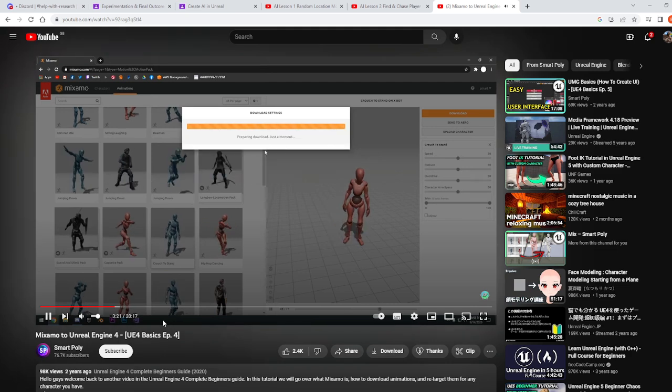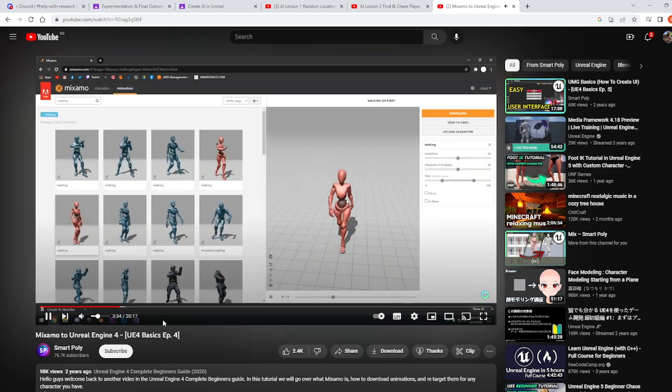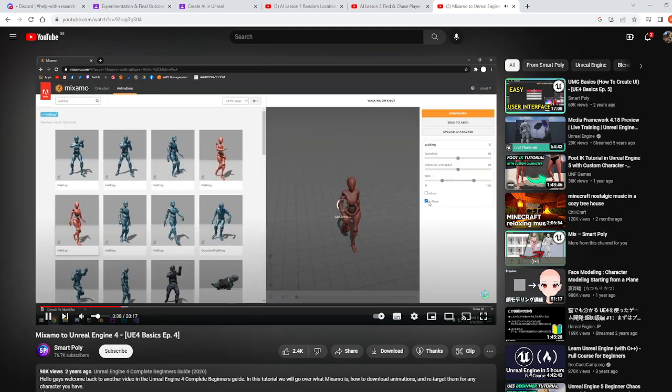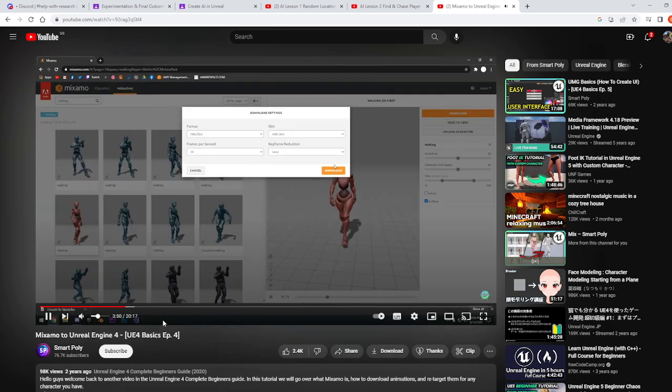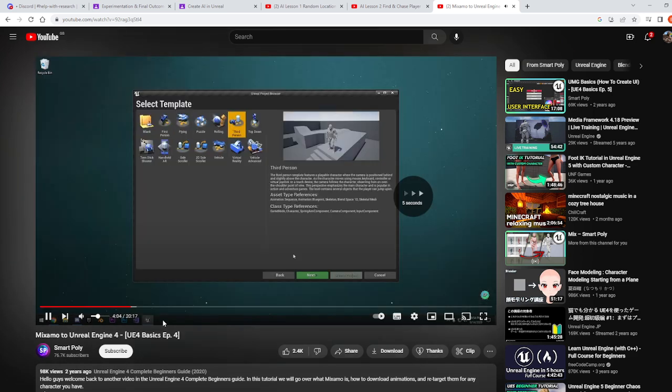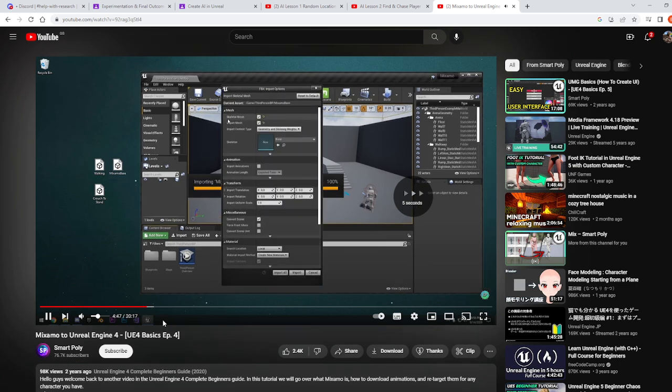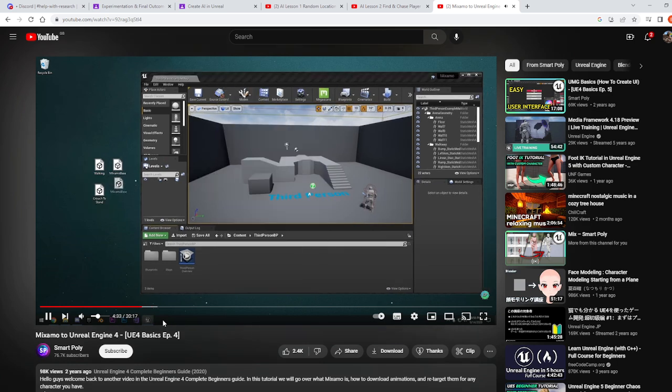You can just click with skin, click download, and whenever you're using Mixamo animations where the character is moving, you want to make sure that you click FBX. Go ahead and click download FBX and download that. Just a default third-person pro animation. I'm just going to name this our content import these. This is going to convert the import options here in a second. So we can go ahead and take the Mixamo base and drag it